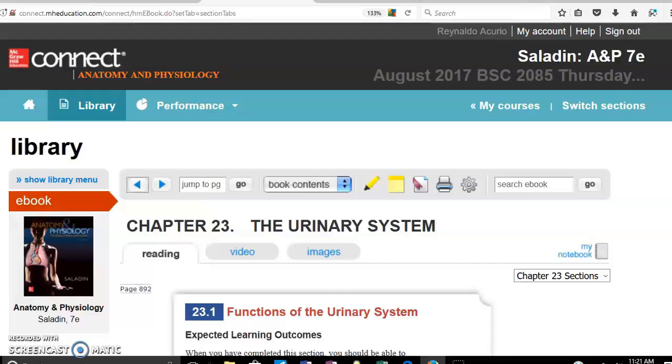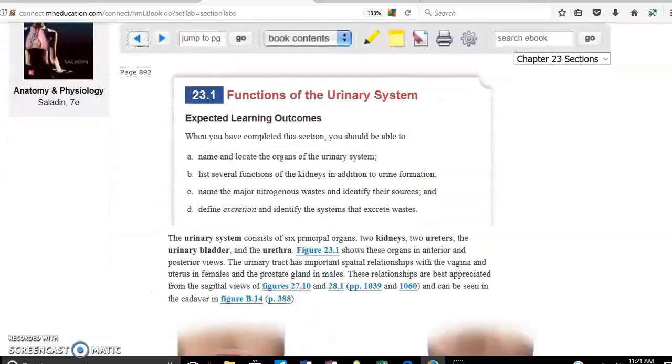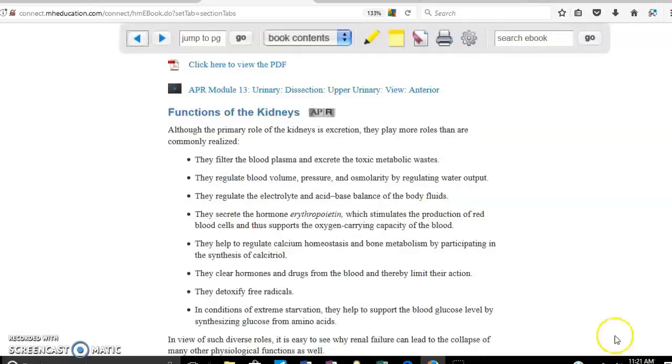Okay, this chapter is the urinary system. We're going to start with the functions of the urinary system. So the job of the urinary system is to filter the blood to produce urine. And by doing that, it is going to get rid of metabolic waste. Okay, another function is to regulate blood volume by regulating the water output, meaning regulating the amount of urine that